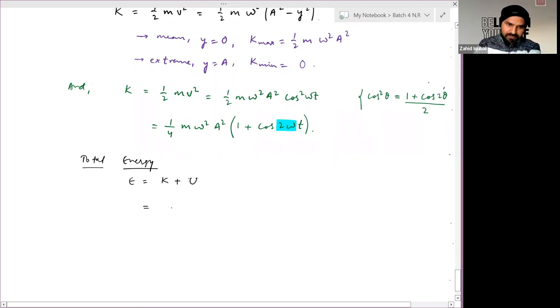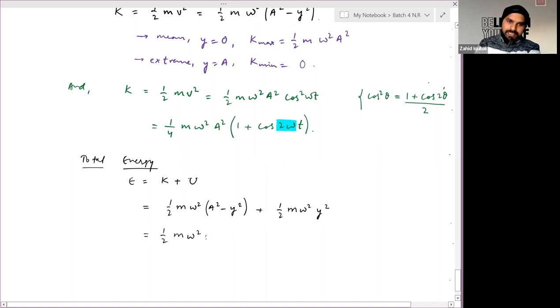Kinetic energy we have half m omega square (a square minus y square), and potential energy half m omega square y square. If you expand this particular part,